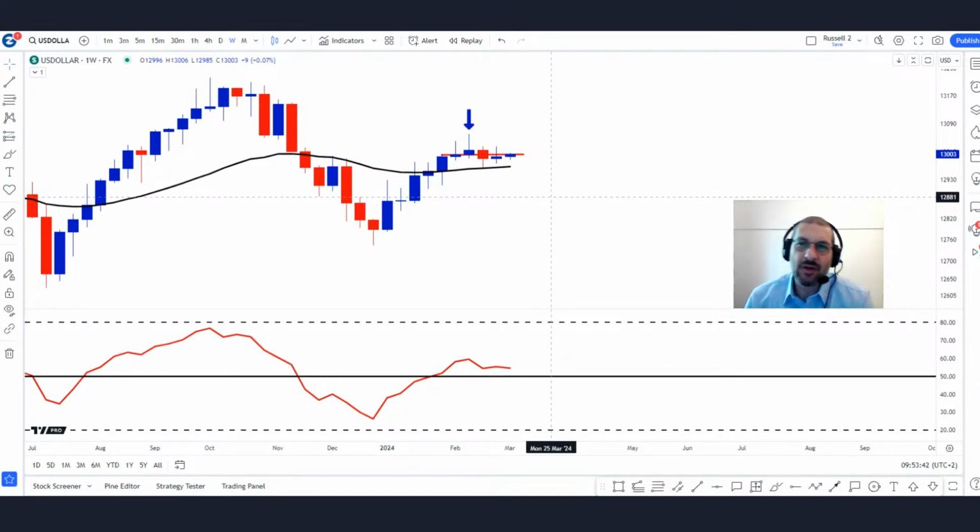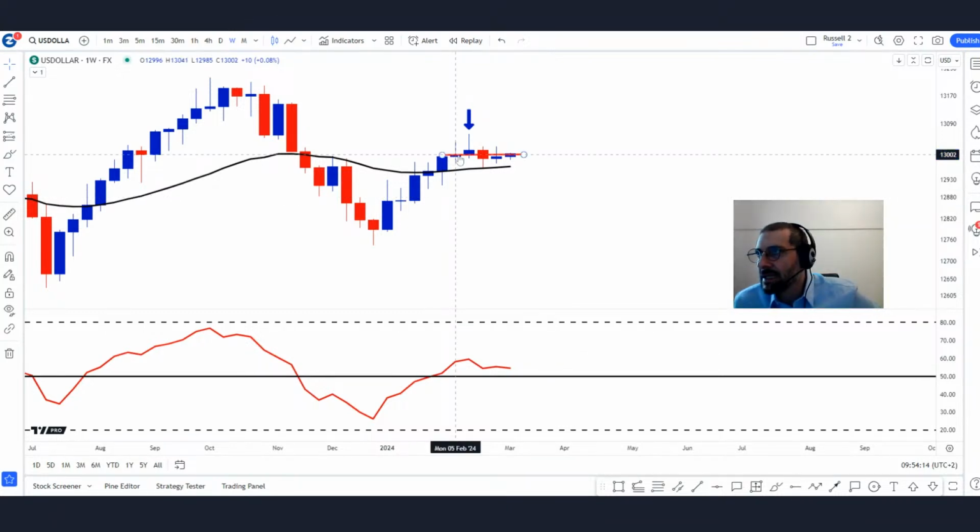If gold goes up, would the Aussie move up as well? We'll take a look at the Aussie. The Aussie is what we call a commodity currency. There are a few commodity currencies: the Aussie, the Canadian loonie, the Kiwi, the South African rand. Theoretically, when the commodity cycle moves, the commodity currency should move with it, right? We'll take a look at the Aussie in a moment. Let's just finish off with the US dollar here.